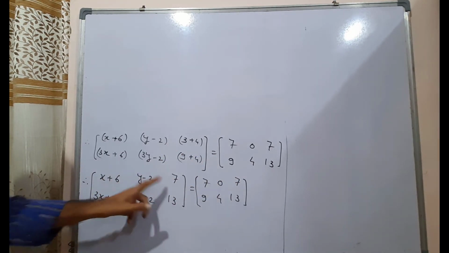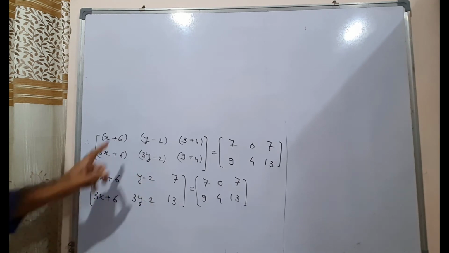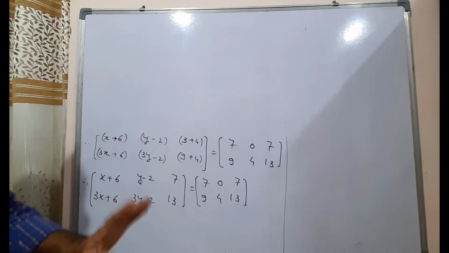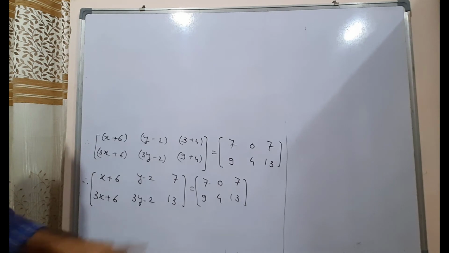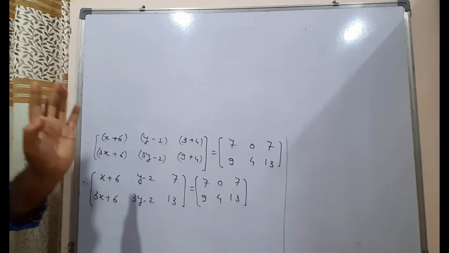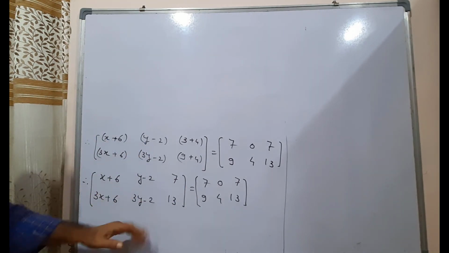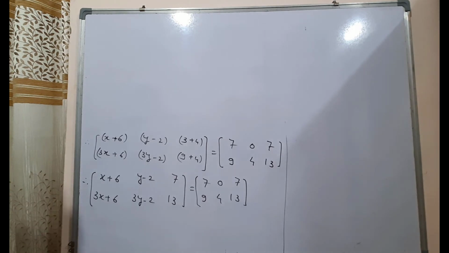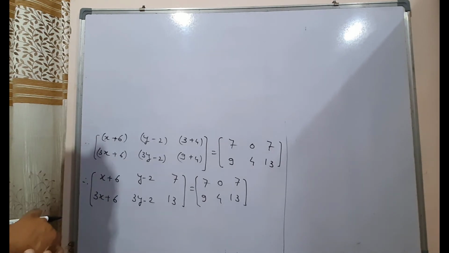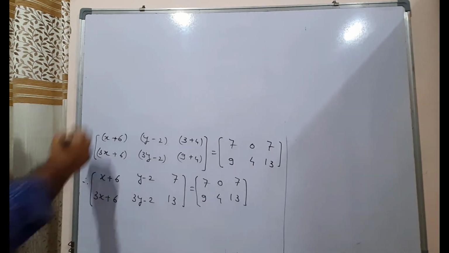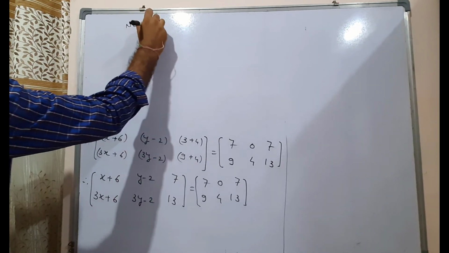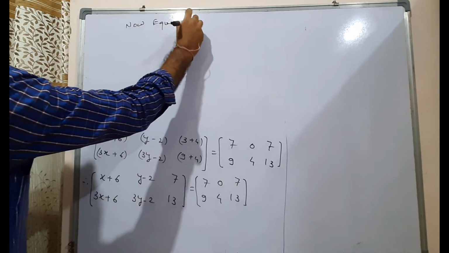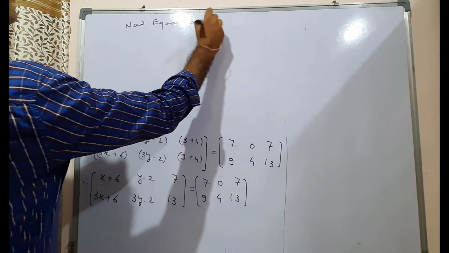वैल्यूज नहीं है, just like x and y। इसलिए जो टर्म में x y नहीं है वो बराबर मैच होने चाहिए। जैसे 7 के साथ 7 मैच हो गया और इधर 13 के साथ 13 मैच हो गया। अगर x y को छोड़ के बाकी टर्म अगर मैच होते हैं तो we have to say that it is an equal matrix and we have to equate it. Now equate both the matrices।